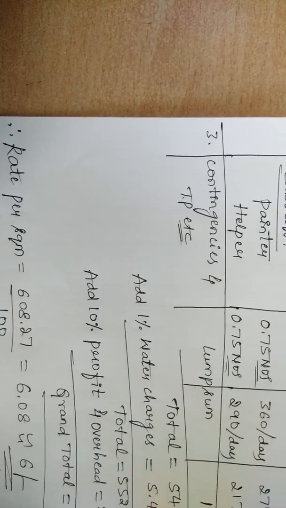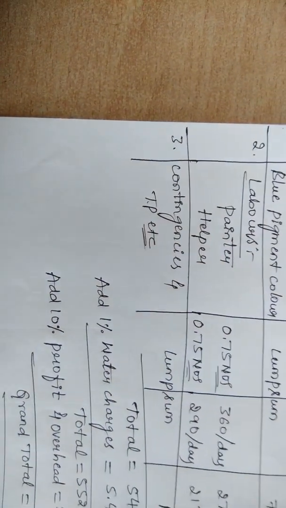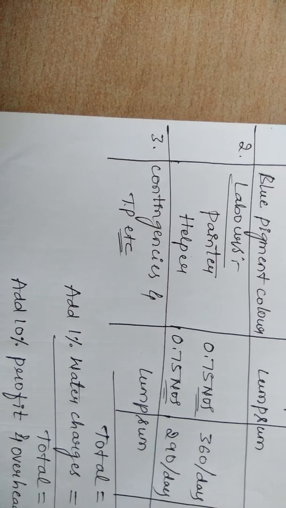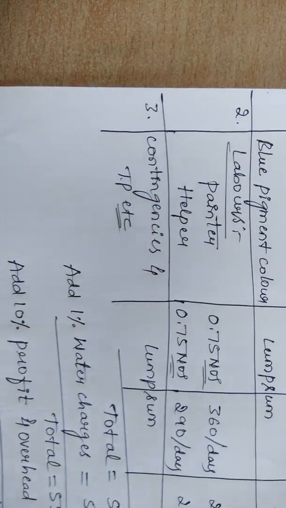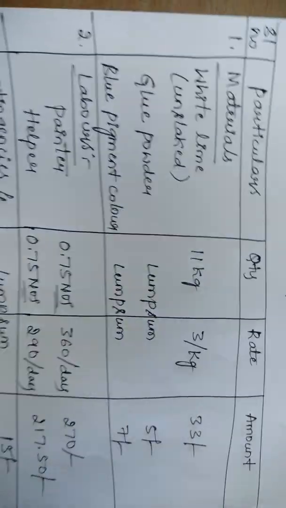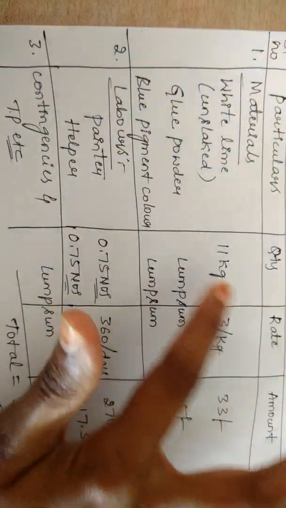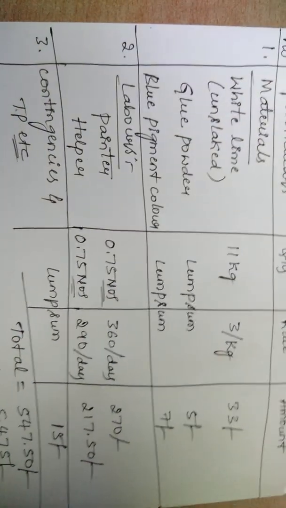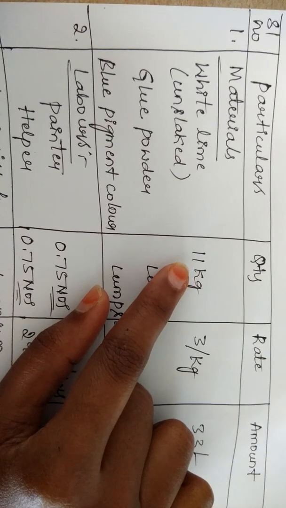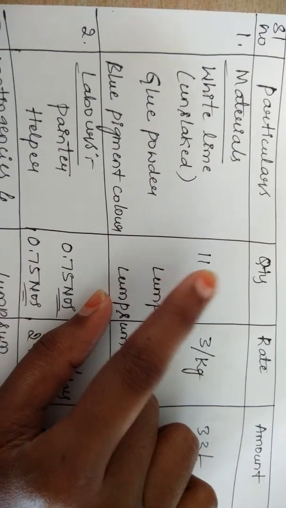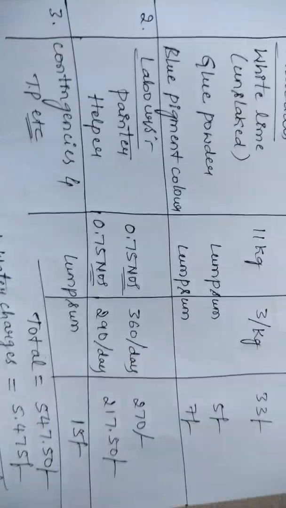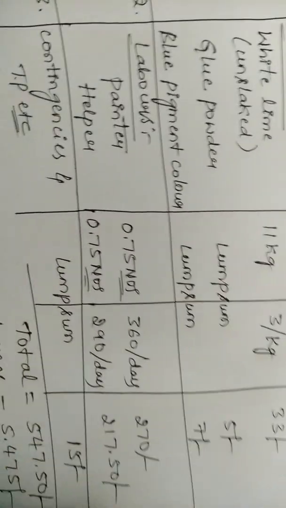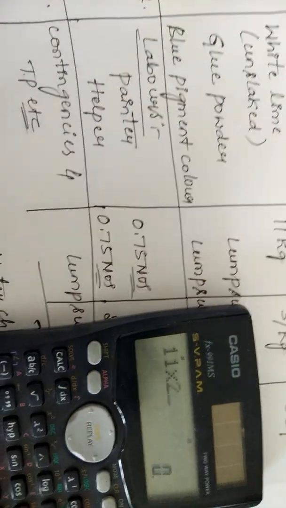So this gives you the detailed rate analysis for the whitewash for one coat. If in the examination they ask you for the whitewash for 2 coats on a coat of primer, what do you have to do? By that time you just have to double the quantities of the materials as well as labor. For example, here the quantity of the white lime is 11 for the single coat. Similarly, for the double coat, you have to do twice this amount. So twice this means you have to multiply 11 with 2. You will get a value of 22.